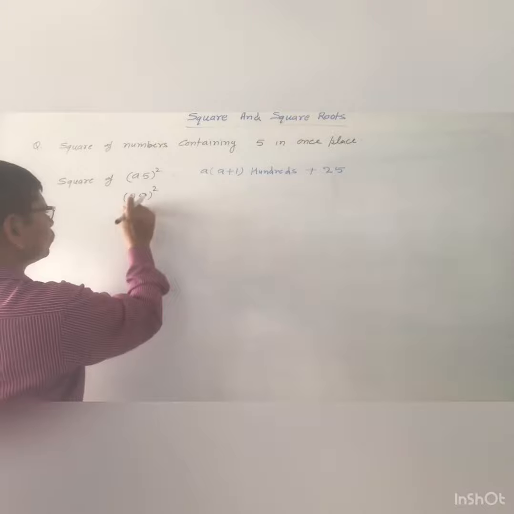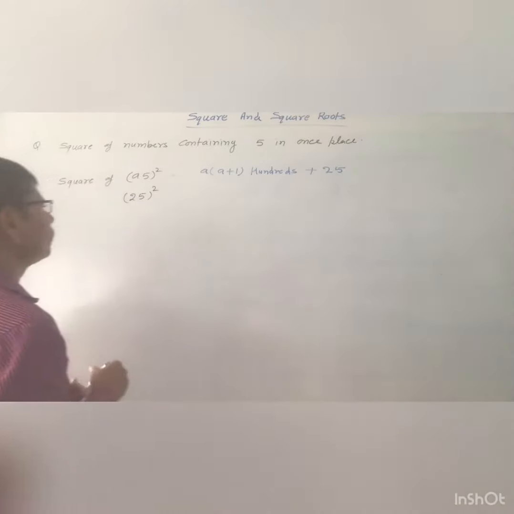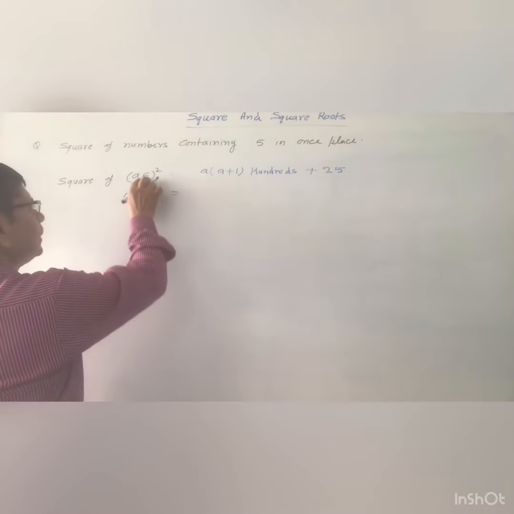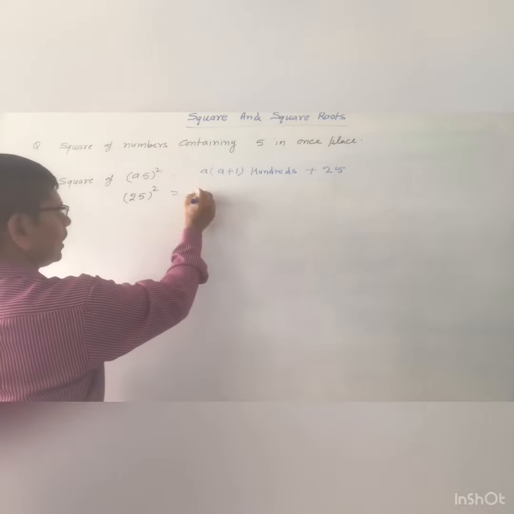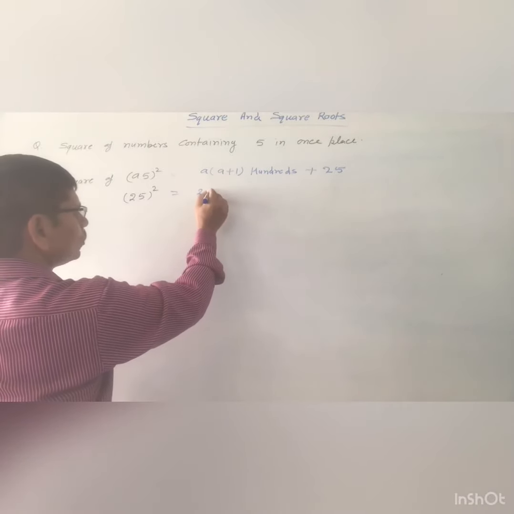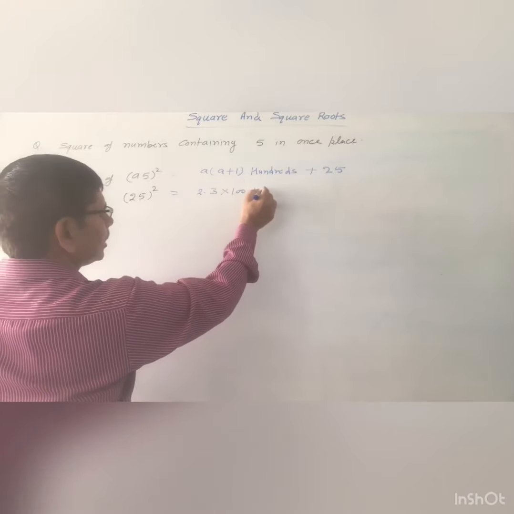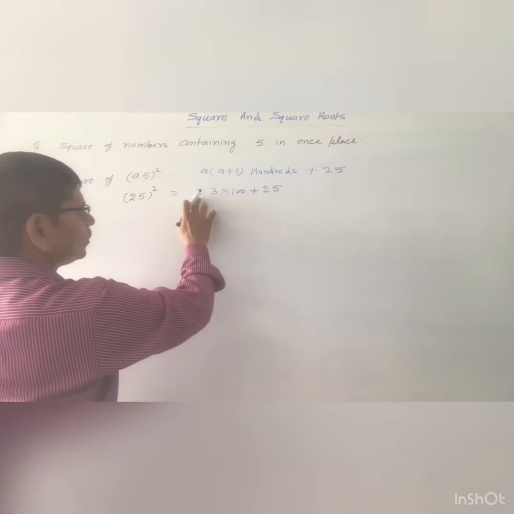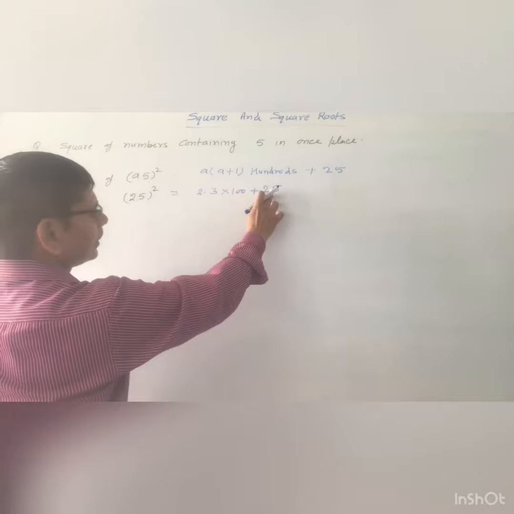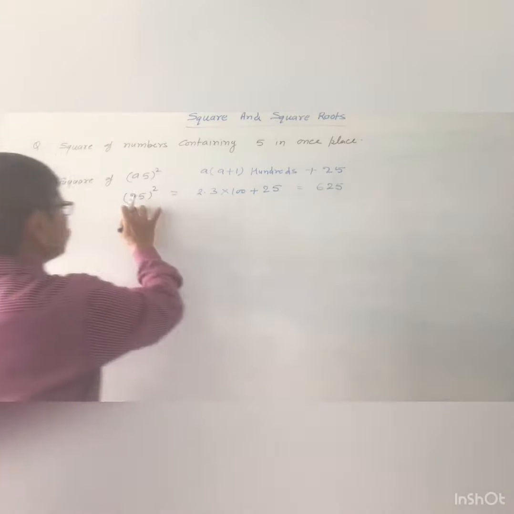Let us try to understand it with the example, that is 25 का स्क्वायर करना है। तो वंस प्लेस पर कितना है? 5। तो आपको क्या करना होगा? आप देखिए A in the place of A, what is the number in the place of A? 2। So you write 2 and A plus 1, that is 2 plus 1, so it is 3 and 100, 100 means 100, and plus 25, so how much is it? 2 3 is 6, 6 into 100, that is 600, and 625, so this is the square of 25।